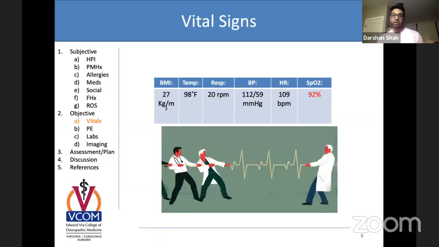Okay, so let's look at his vital signs. So everything looks kind of normal here, besides his oxygen saturation. And of course, his heart rate's a little elevated. But you'll often see that for people who come into the doctor's office because they might be nervous or anxious. But 92% is definitely not normal. So we would like to see it above 97% oxygen saturation. So he's at 92. Not terrible, but something where we say, huh, that's pretty low, and it probably is low because of the shortness of breath and the cough.